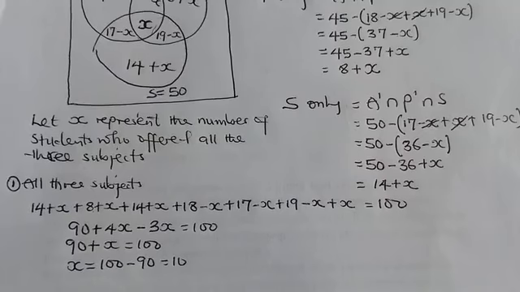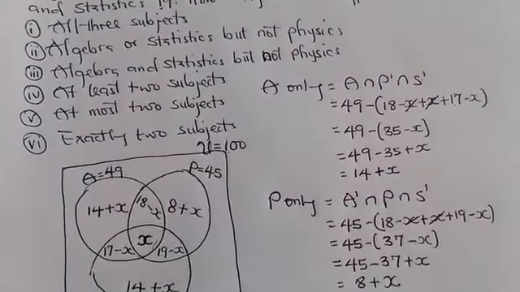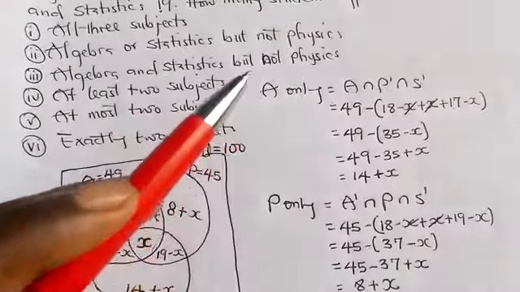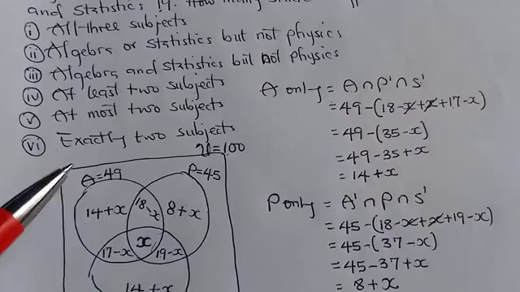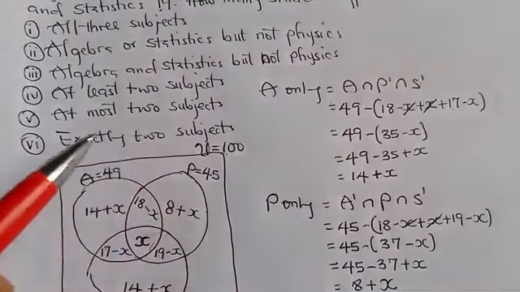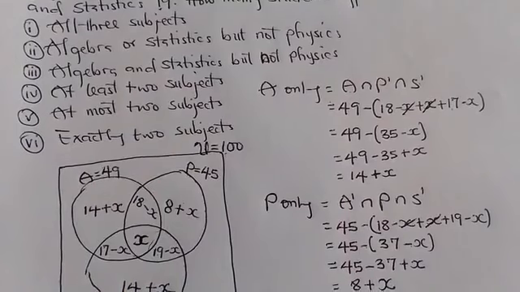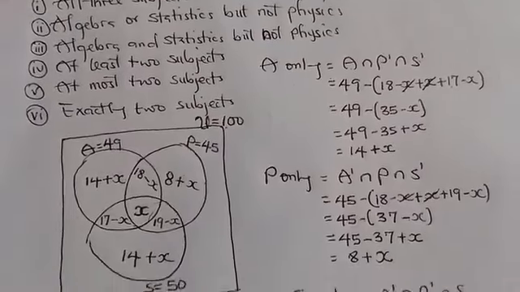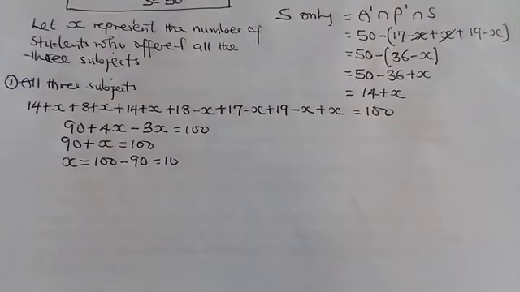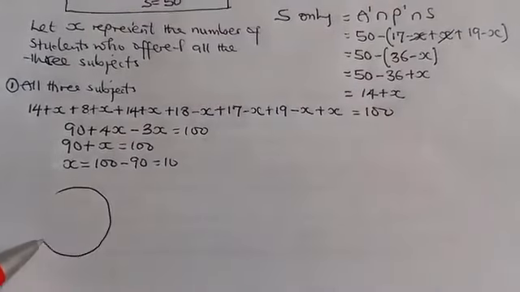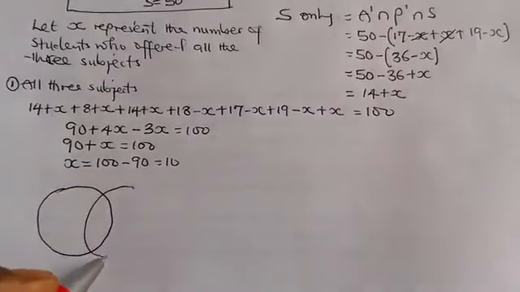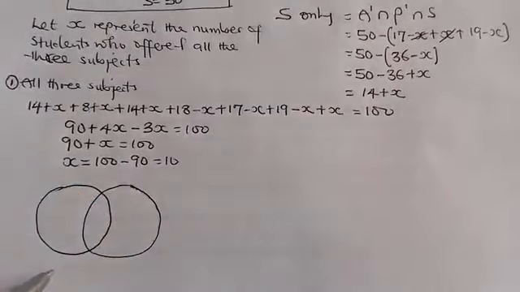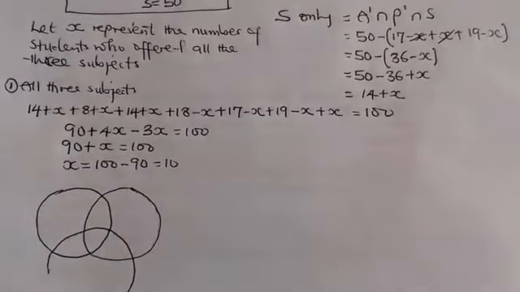So before we proceed to finding the value for question 2, 3, 4, 5, and 6, as we have here: algebra or statistics but not physics, algebra and statistics but not physics, at least 2 subjects, at most 2 subjects, exactly 2 subjects. Let's substitute the value of x into our Venn diagram and have these figures. So if this is our Venn diagram, oval shape for algebra, intersecting that of physics, and that of statistics, intersecting the 2 of them,